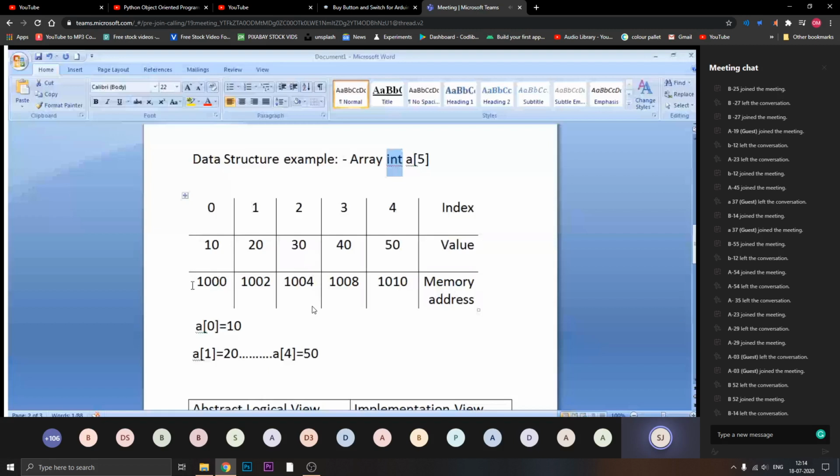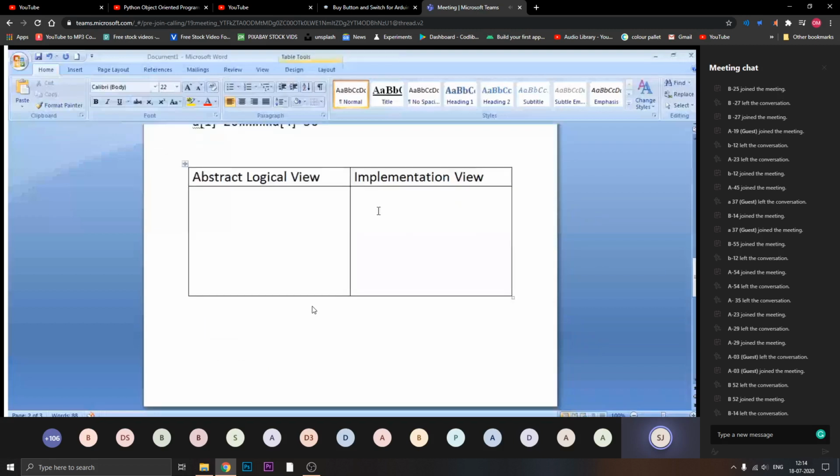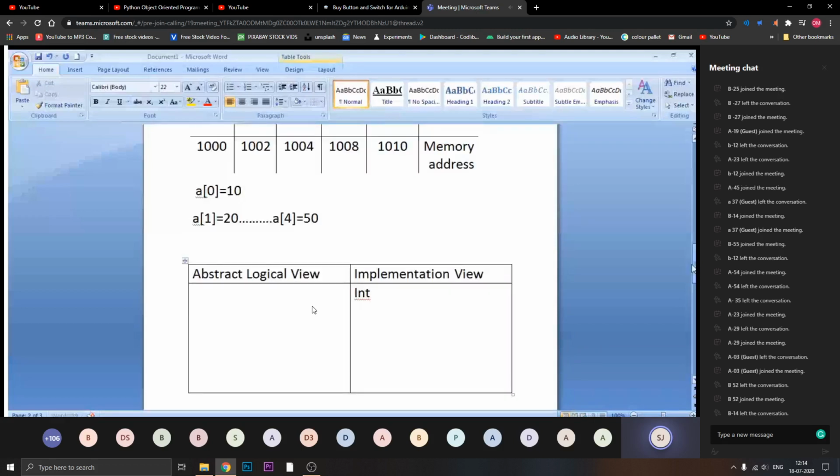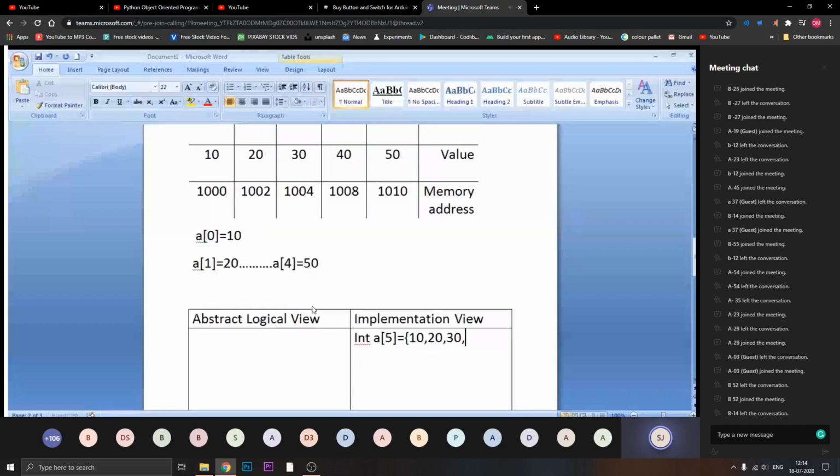Now first I will write the implementation view. The implementation view of my array: integer a of 5 with the values 10, 20, 30, 40, 50. This is my declaration.